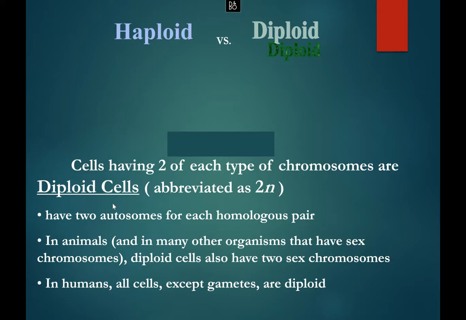If you are looking at gametes, which again are your egg cells and your sperm cells, those will have half of the required number of chromosomes so that when they combine, you get 46. So human diploid cells have 46 chromosomes. Human haploid cells, which are the sperm and the egg, have 23.